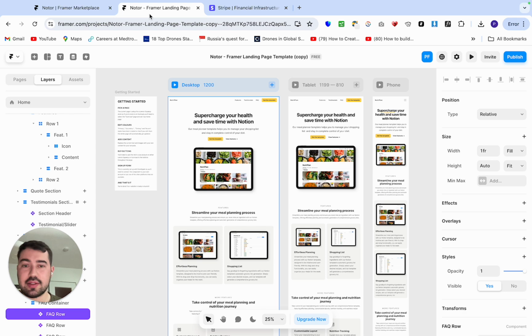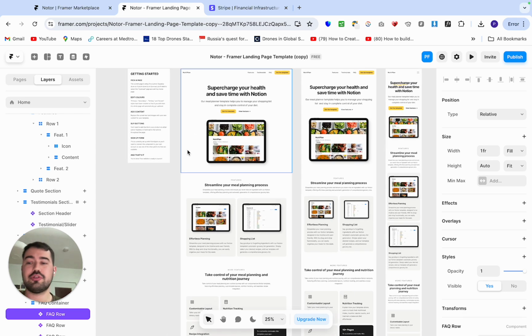This is basically it. So really try to find templates you like, try to replicate them from scratch. If you're a beginner, do not use components because you still have to master the fundamentals. Components you can use once you get better at it and you want to speed up your workflow, then you can start using components. But before that, I just recommend doing everything from scratch and just practice,